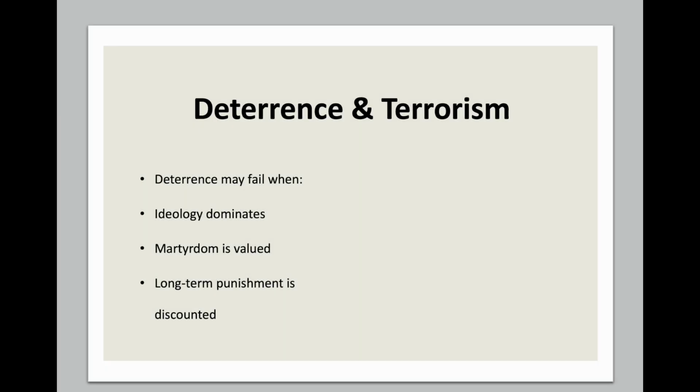So now let's discuss one of the more controversial applications of deterrence theory, that being terrorism. Terrorism presents major challenges for traditional deterrence assumptions. Classical deterrence theory assumes that offenders value self-preservation and wish to avoid punishment. But what happens when offenders embrace martyrdom, they value ideological goals over their own survival, or they view punishment as a meaningful sacrifice? In these cases, traditional punishment threats might lose their effectiveness. This is one of the reasons why terrorism is often viewed as a difficult case for deterrence theory.